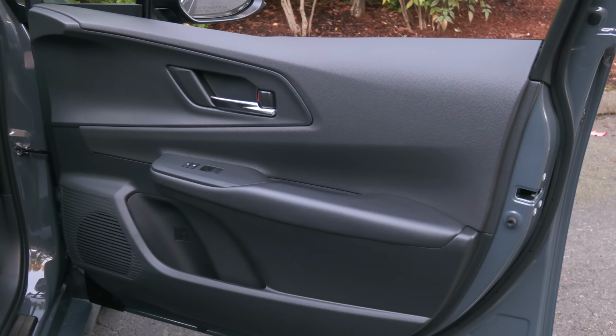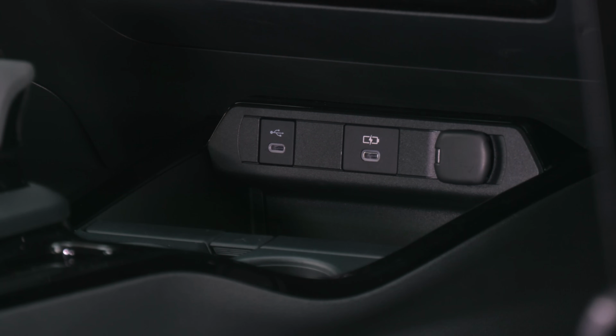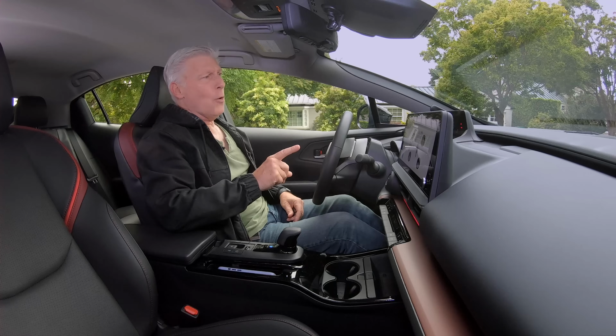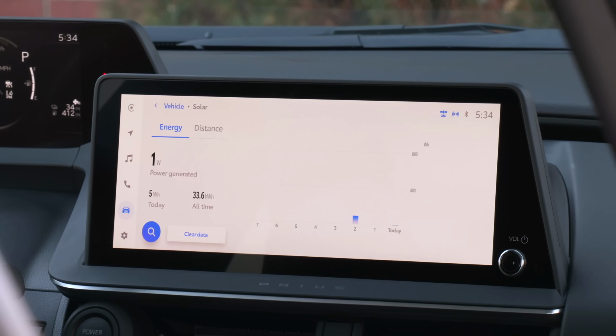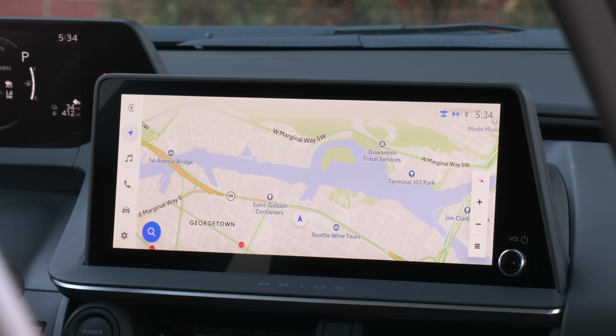Door panels, those are kind of blah, and there's not much storage in them. Loads of USB ports, though. Here's an interesting safety feature. If I open the door with a car coming from behind, watch for traffic. It warns me. Toyota's new interface is largely built on using natural voice commands and requires a data plan once